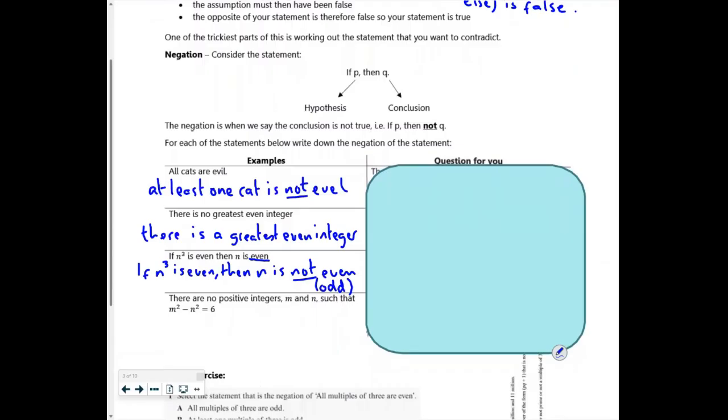Then it says there are no positive integers m and n such that m squared minus n squared is equal to 6. So there are positive integers, because it's everything that isn't it. It's hard not to say the word opposite, but it's not opposite. It's everything that isn't it. There are positive